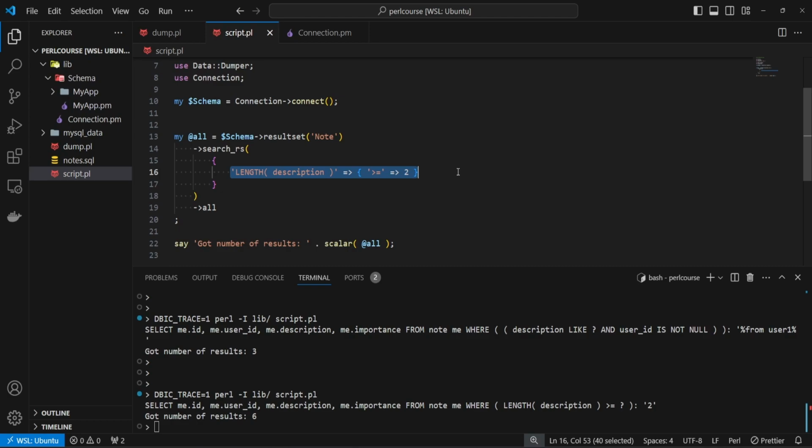Now let's say we want to use the REGEXP function, where you can supply a pattern to look into a specific field. So what we can do is say description, arrow notation, hashref format again, where the first value is going to be the condition we want to apply for the field that we're filtering on. So here we want to apply the regular expression and then we provide a value. For example, we can say from